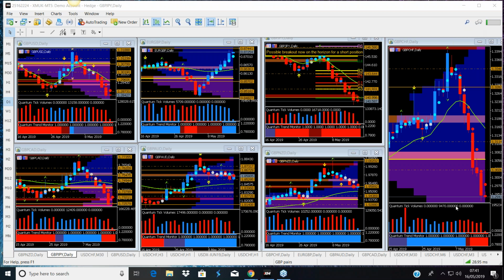What I've actually got up here at the moment is, in fact, a matrix. This is what we call the manual matrix of the pound pairs, as you can see here. And they're actually the daily charts, because it's the daily charts that I want to start with. As I said, with the pound yen, some of you may have read my little summary of it on one of the Facebook pages that I have. I think it's called Anna Cooling, Learn Forex Trading, because there were just some lovely VPA lessons, and also